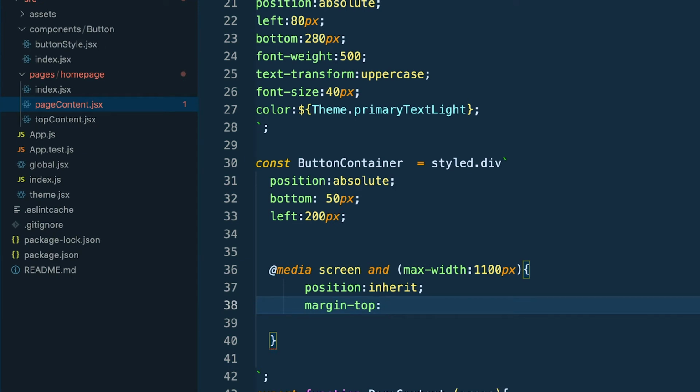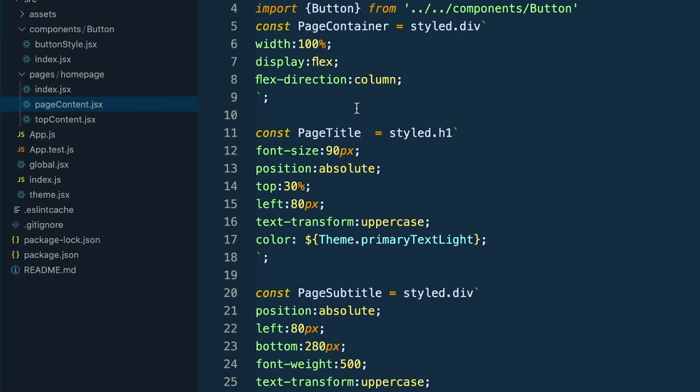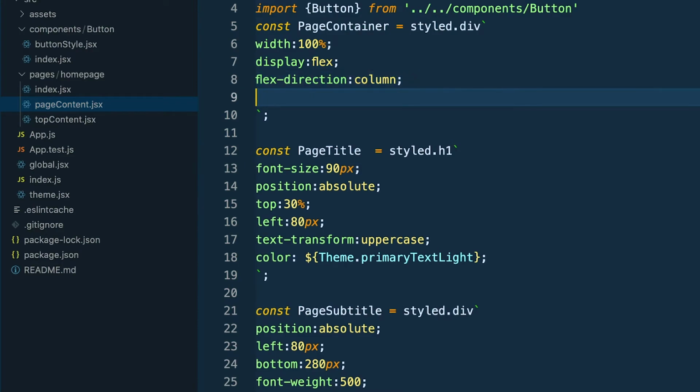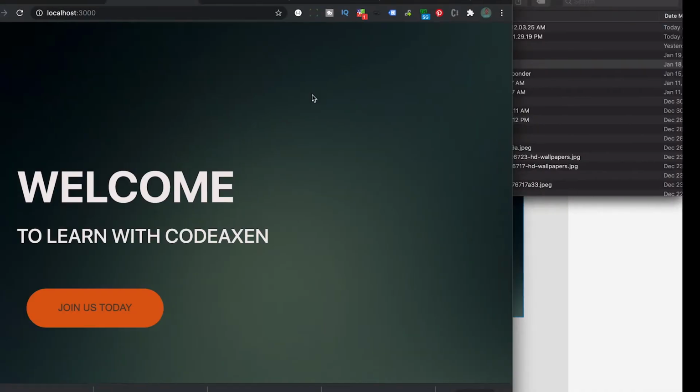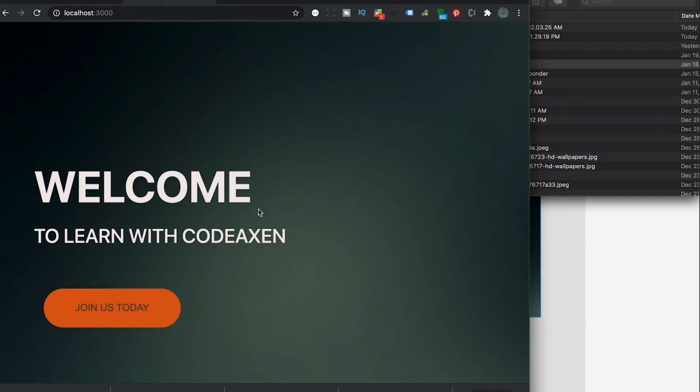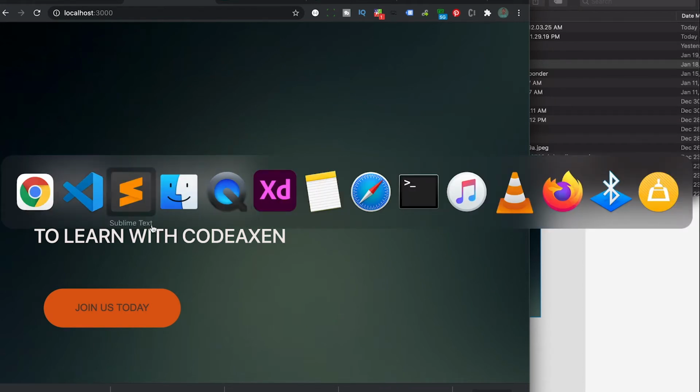We'll use 50%, and then before we do that, let's check that. Good. So what we need to do is to center those items,